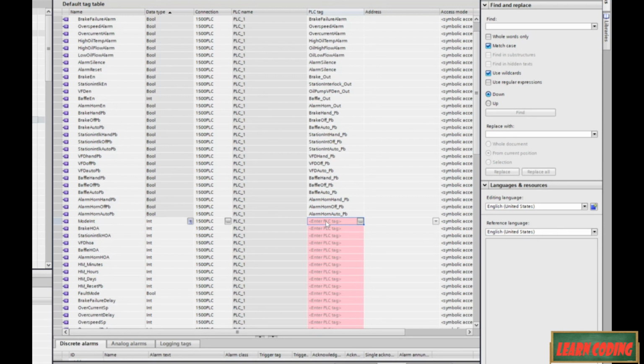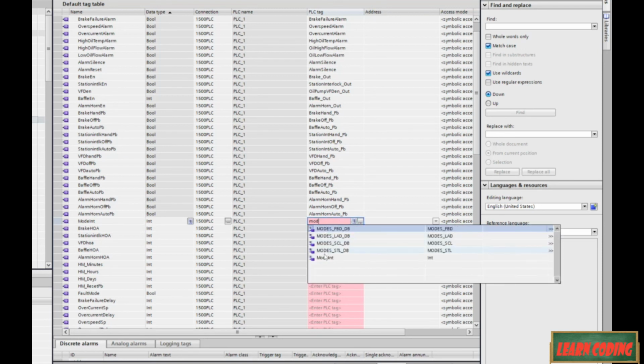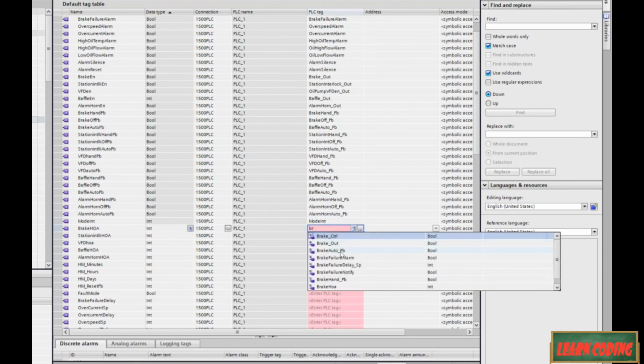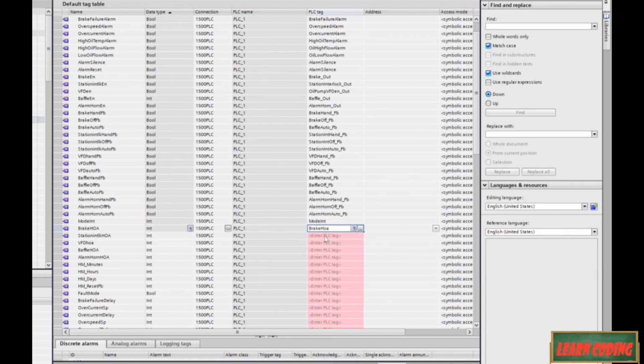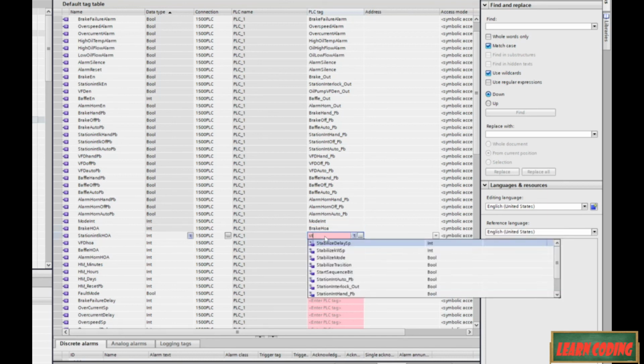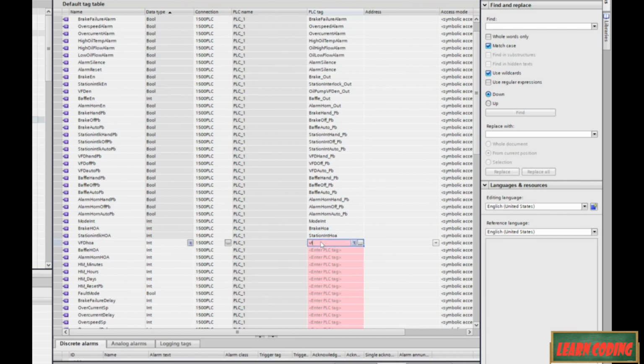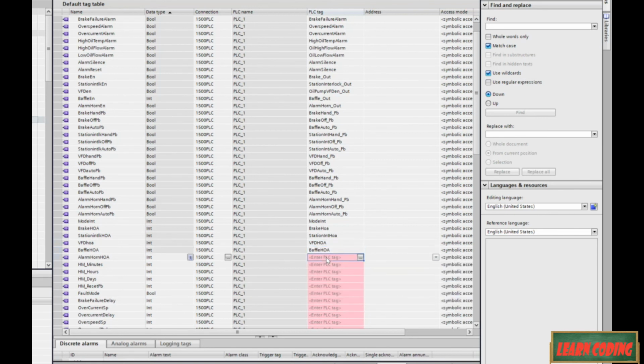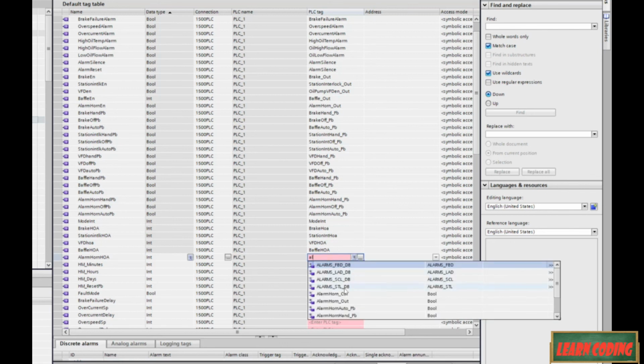And okay, now we're looking for some different stuff. So our mode int, we've got that. Our brake HOA, and okay, bottom of the list. Station interlock HOA. We need our VFD HOA, our baffle HOA, alarm horn HOA,